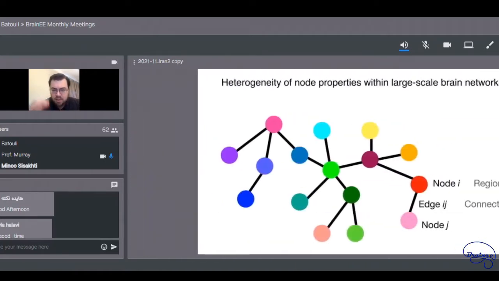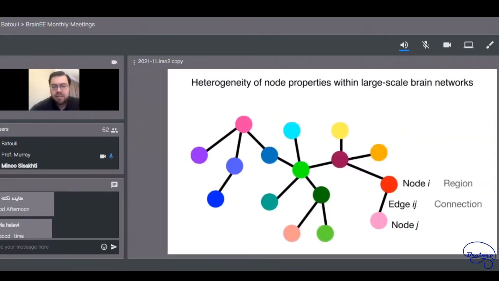Okay, and so the perspective that I want to take here is building on this idea of looking at the human brain as a large-scale network, right? And so we're going to consider different nodes as different brain regions, say different cortical areas, and then there's some notion of an edge connecting them, which is some kind of connection. And depending on the modality, this could be an anatomical connection of actual white matter connectivity. This could be some kind of functional measure like functional connectivity, the correlation of some non-invasive neuroimaging measure like a BOLD signal, et cetera, right?